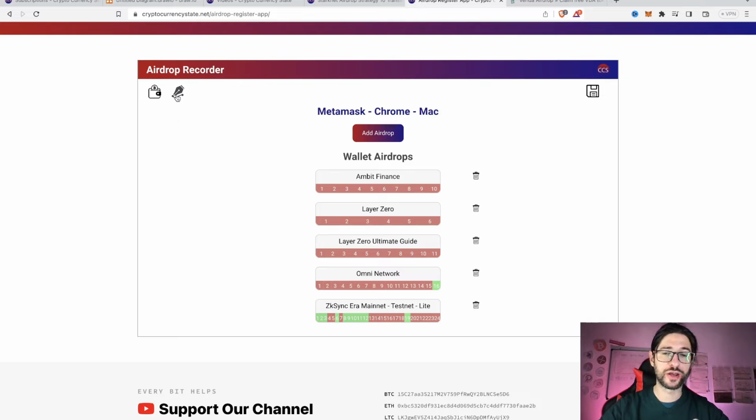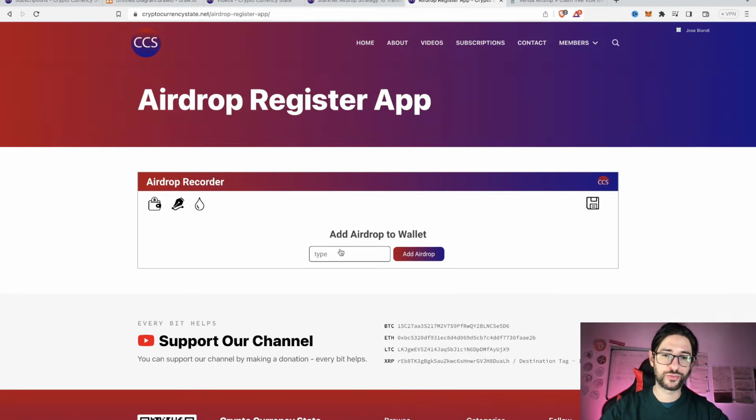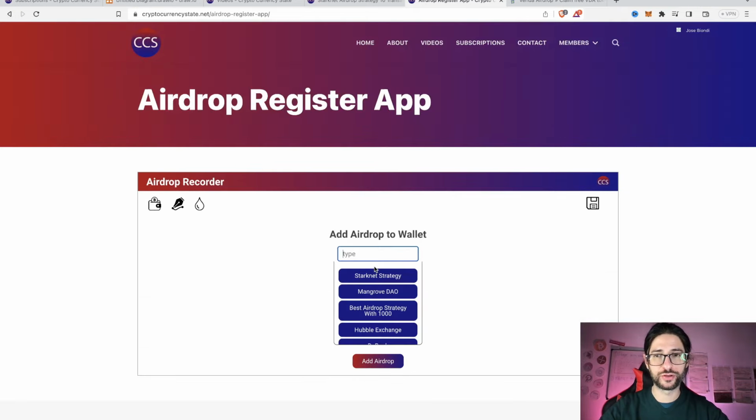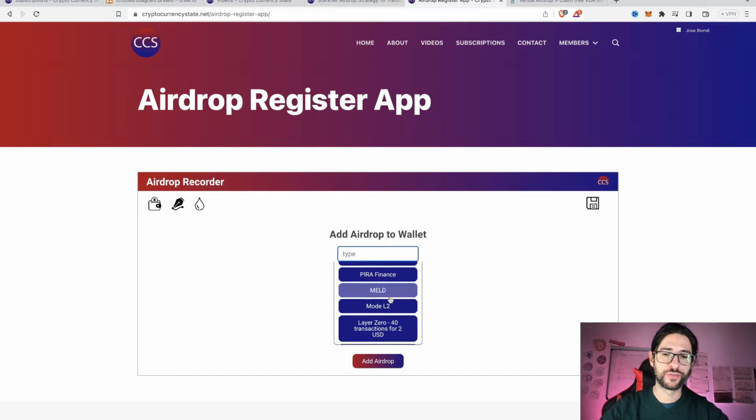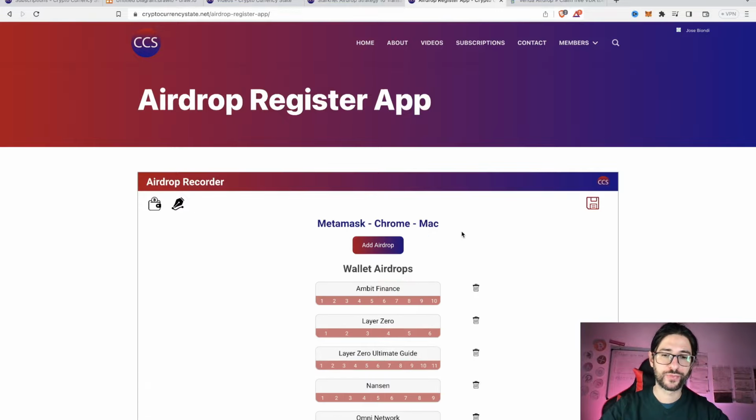Now let's go and create custom airdrops, because like I say, all these airdrops, the ones that appear here by default, are the ones that I covered in my YouTube channel and I put in the application. I always try to clean it up, so I try to go and see if these airdrops are still valid. So usually it's not 100% guaranteed guys. Usually the airdrops that you see here are still valid to do, but of course do your own research on each of these. And if you have doubts, for example, if you want to do Nansen, you can add it